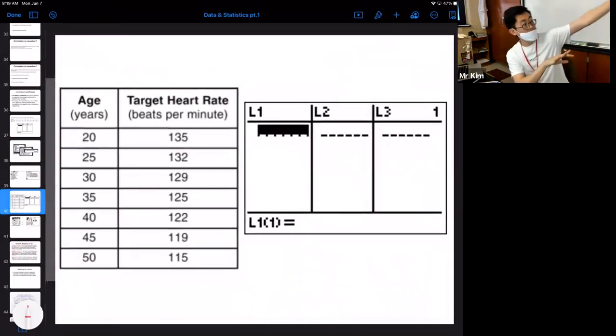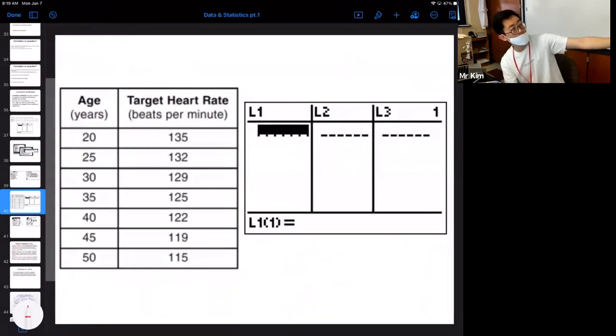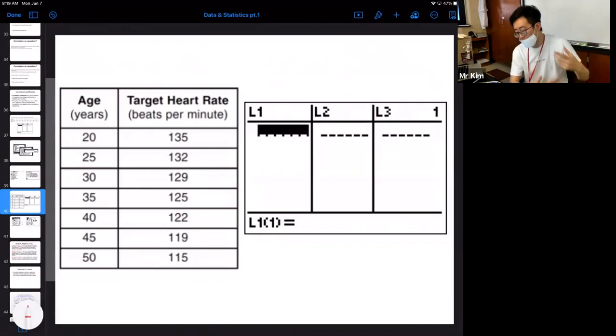Start all over again. We're going to start from scratch. We're going to take all the data points out from the previous one. And let's take a look at this one. As the age increases, the average heart rate for a particular person will start to decrease. We can see that from our data statistics. Now, I'm not sure how accurate this would be, but we can see that this is going to have some sort of negative correlation.